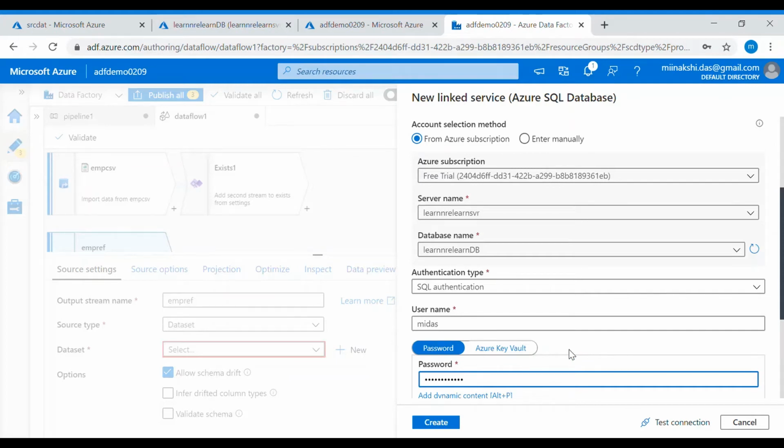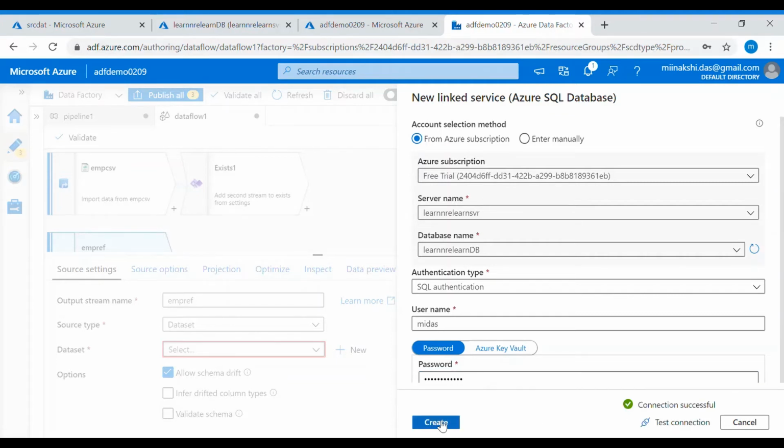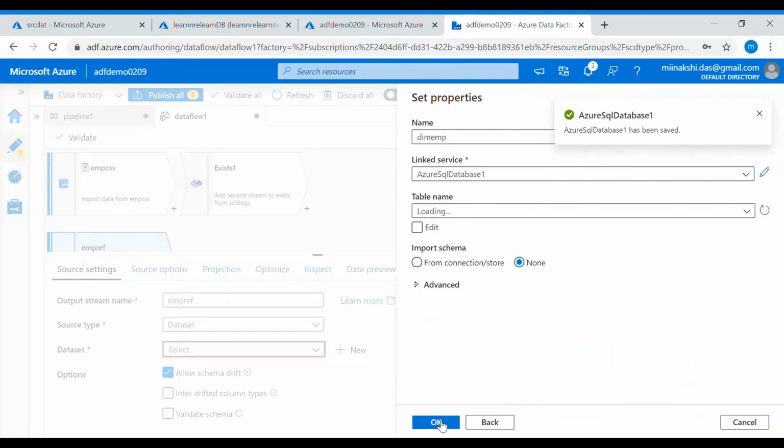If you are not aware of how to create a SQL database and SQL server, please watch our previous video where I have shown how to create a SQL database and how to connect from SSMS. Let's test the connection. Create. Table name. This is the same table in which we will load the data, and the same table we are using as a reference to check if the data exists or not.